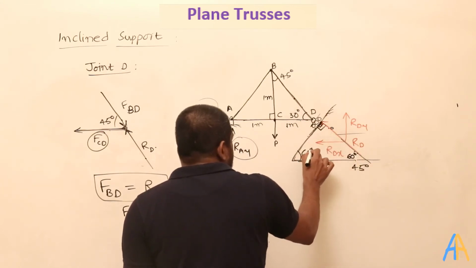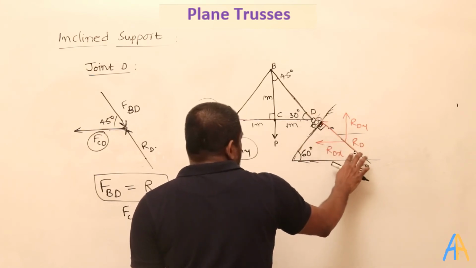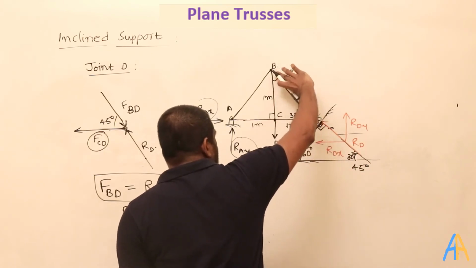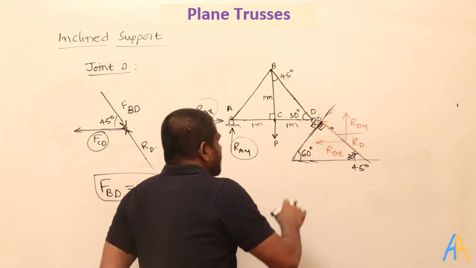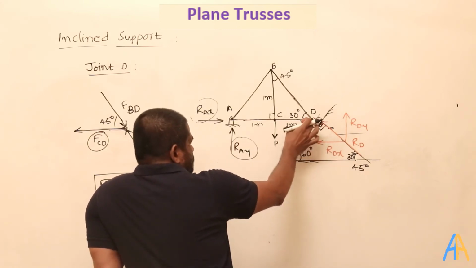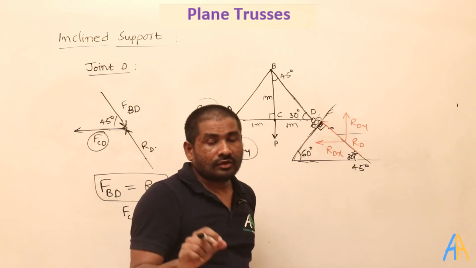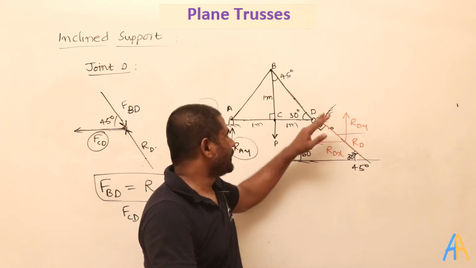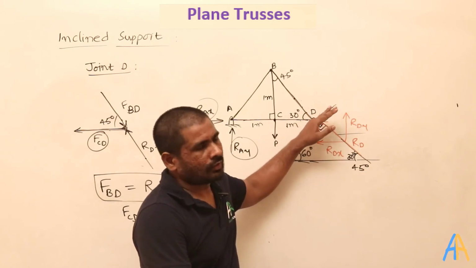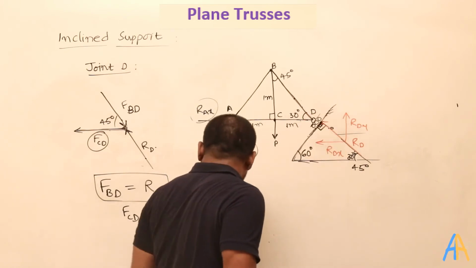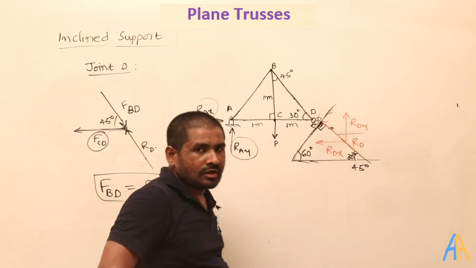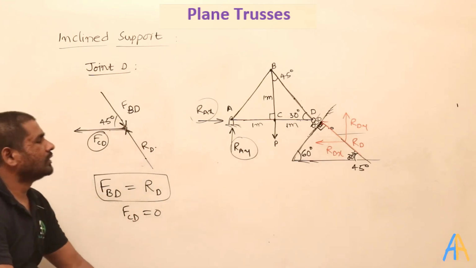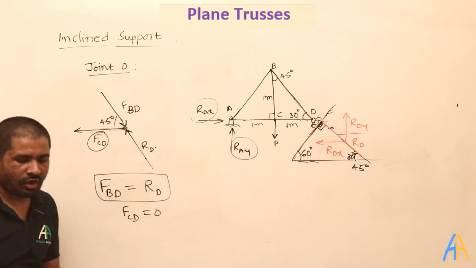So here it is 60 degrees and this is 30, so that here it will become 30. That means, with the horizontal, the line BD as well as the RD are making the same angle. So whenever they are making the same angle, the horizontal force at the junction is 0. Understood? You need to identify whenever you have the inclined support example. First you identify that, and from that the problem will become very, very easy. Understood?